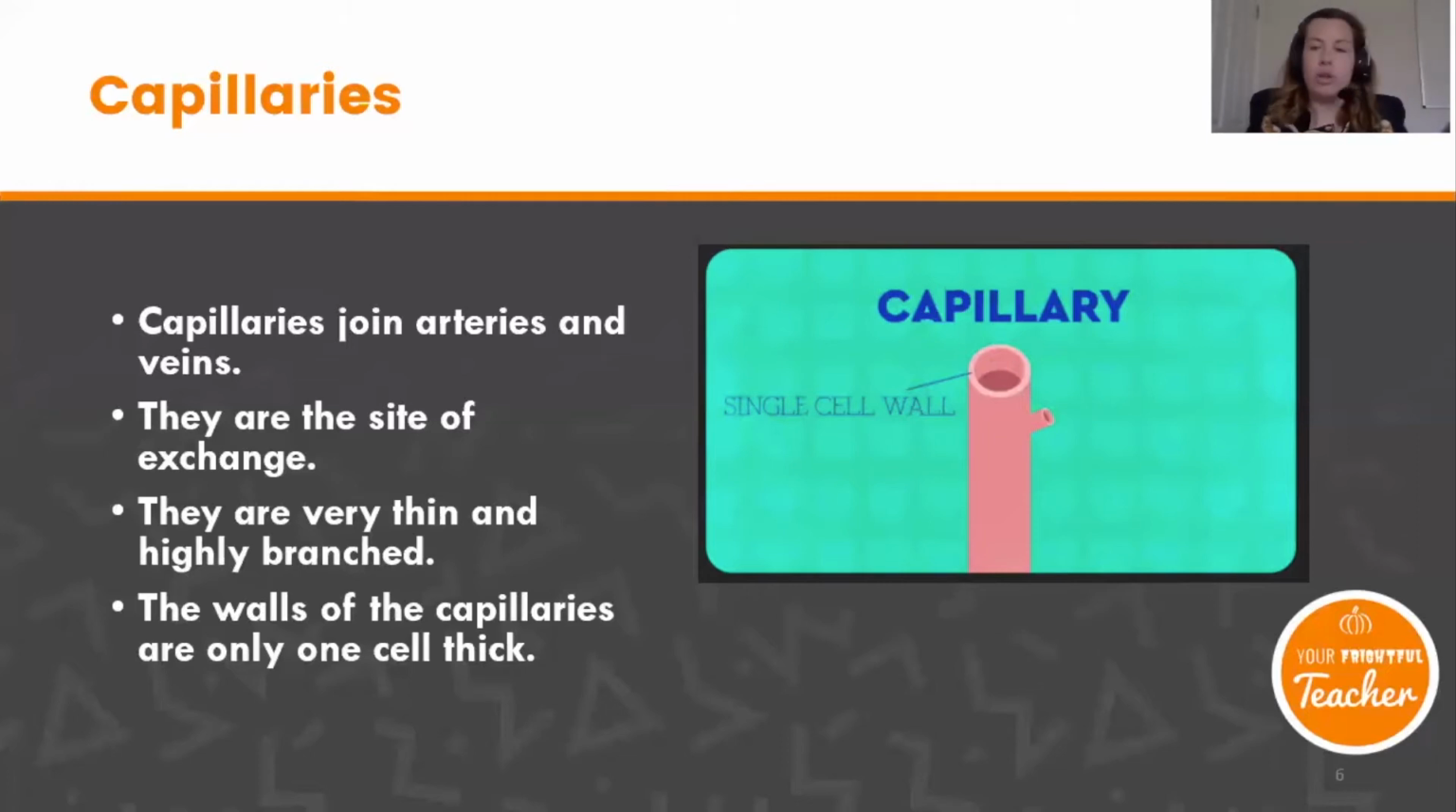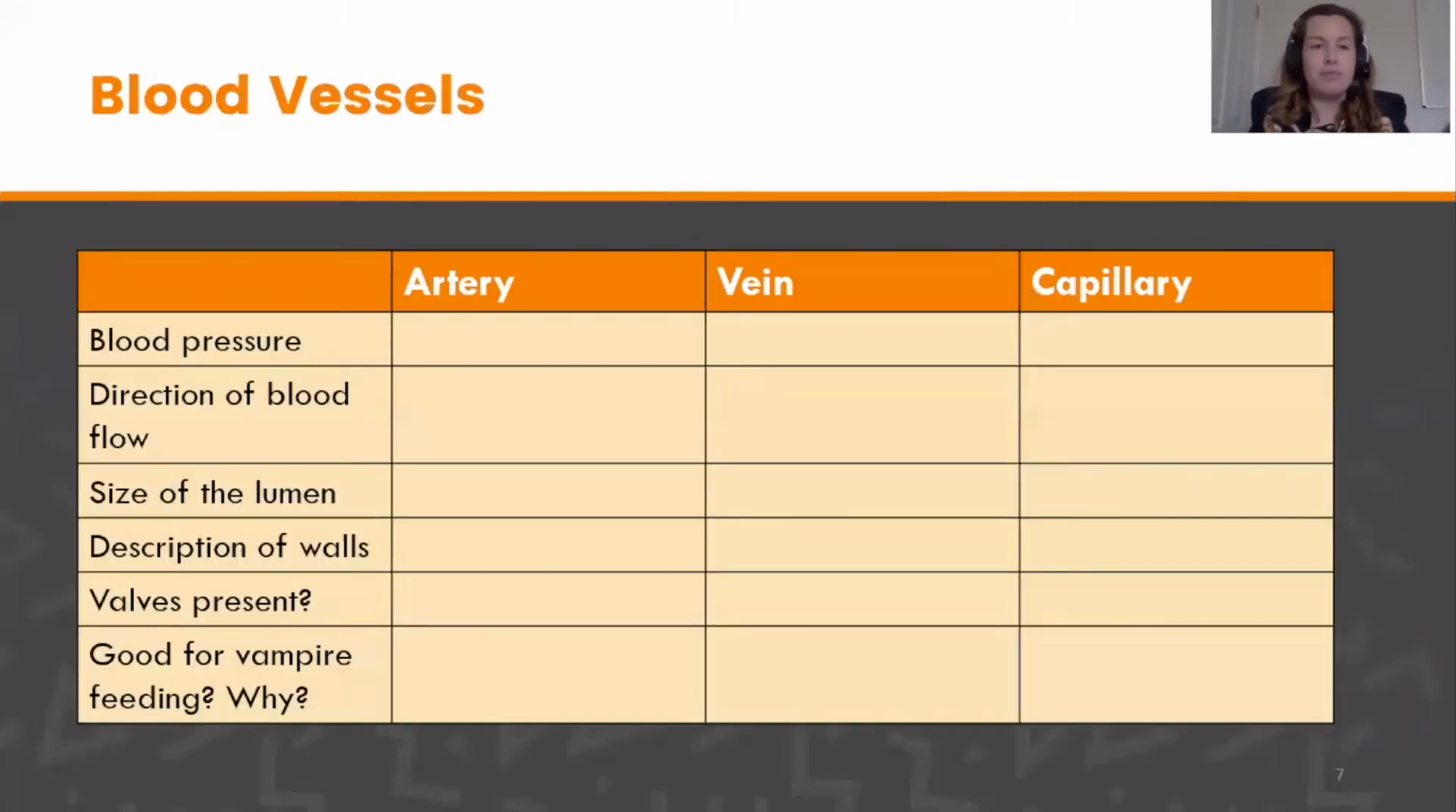So you're going to need something to write on now, a piece of paper, a device, whatever it is. So you're going to make some notes. What you're going to do is you're going to compare our 3 types of blood vessels. We're going to have all the information we need on this nice table. So you don't need to write very much at all. When I show you my answers, you'll see it's only a few words